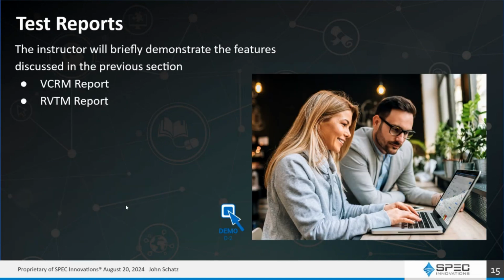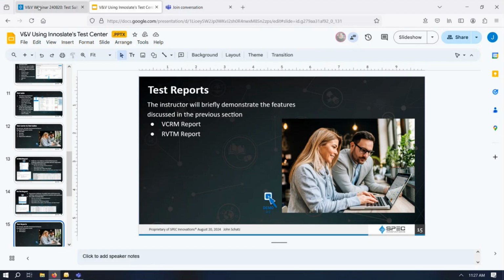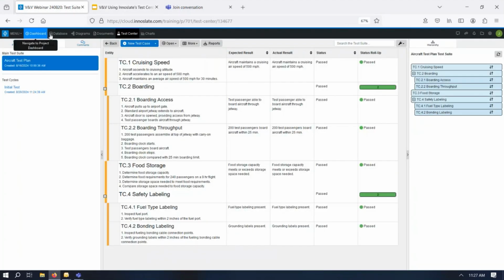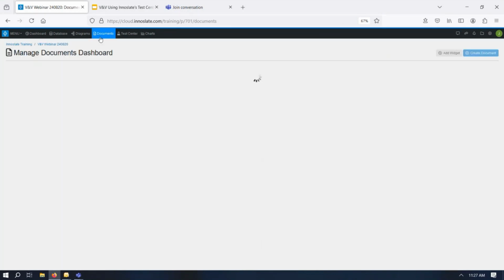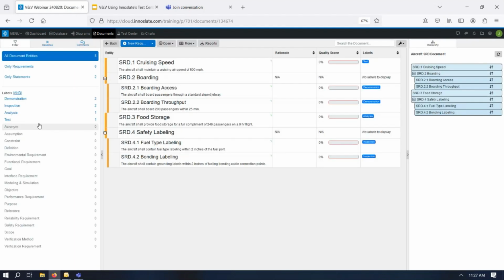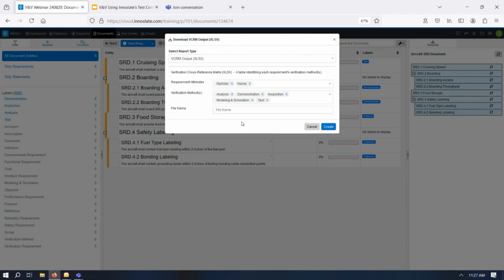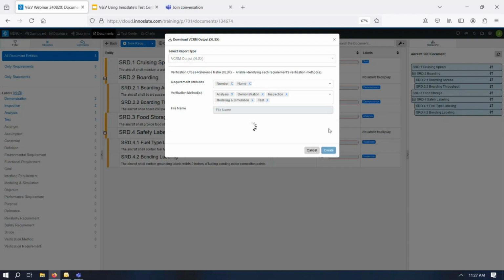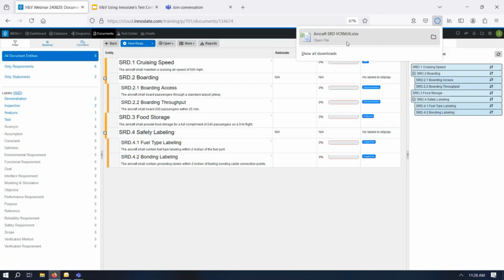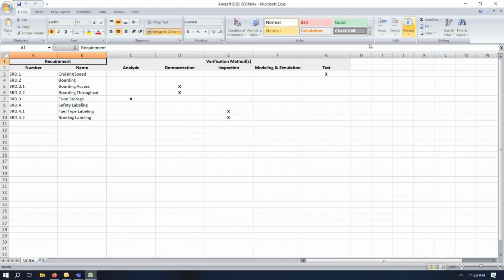Okay, so now we're going to look at how those are run. So I'll go first to the documents view, and then from within documents view, I'm going to go ahead and run first the VCRM. So I'm going to run it right now with everything selected, so you can see what it looks like. So it's creating a report. Got the report, and you can see